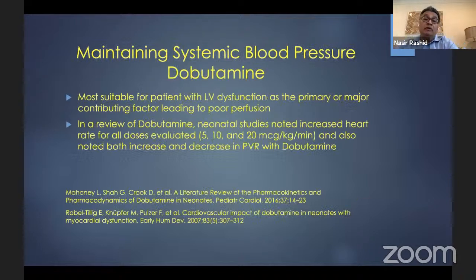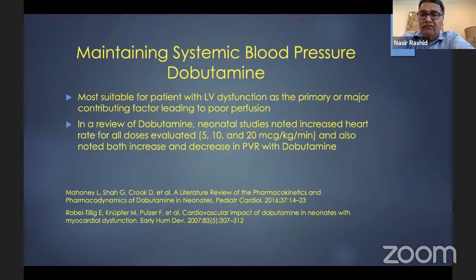Now, another one is Dobutamine. I have not used Dobutamine since 2001. I know it's a commonly used medication, and it is actually a fairly decent medication because what it does is that it actually improves the left ventricular function. So if you have an associated left ventricular dysfunction in a PPHN infant, Dobutamine is a good drug, but it